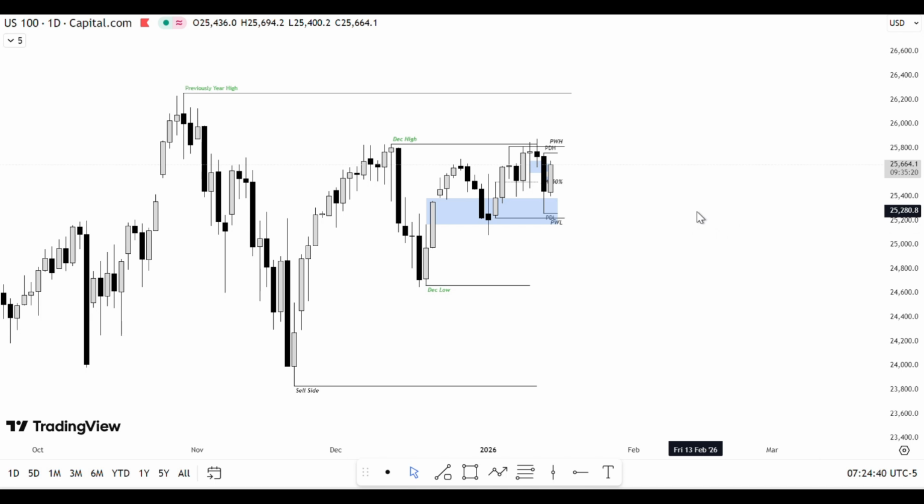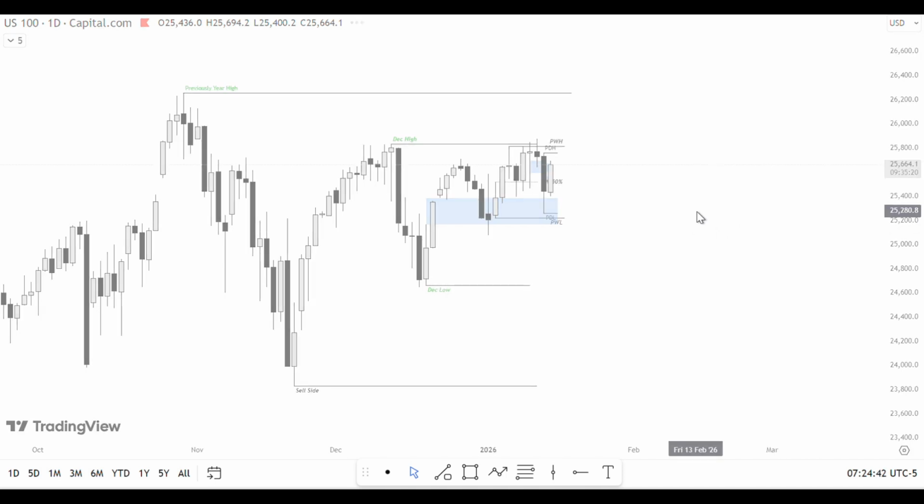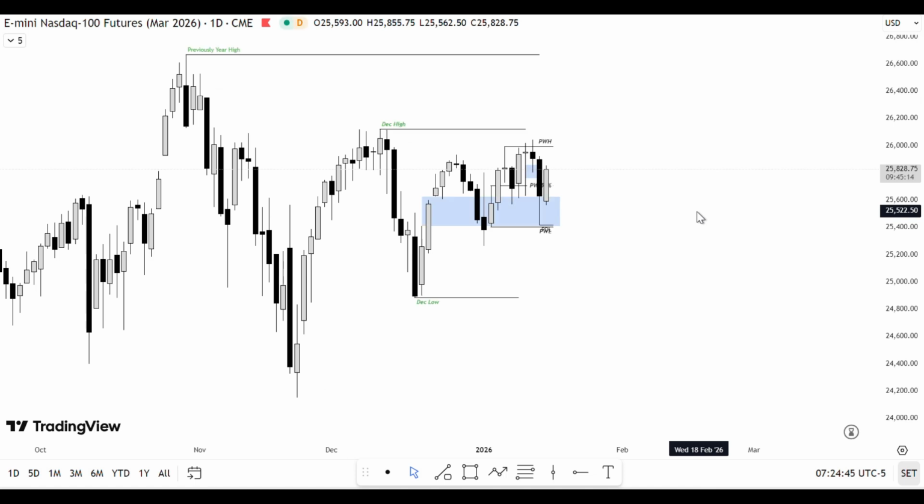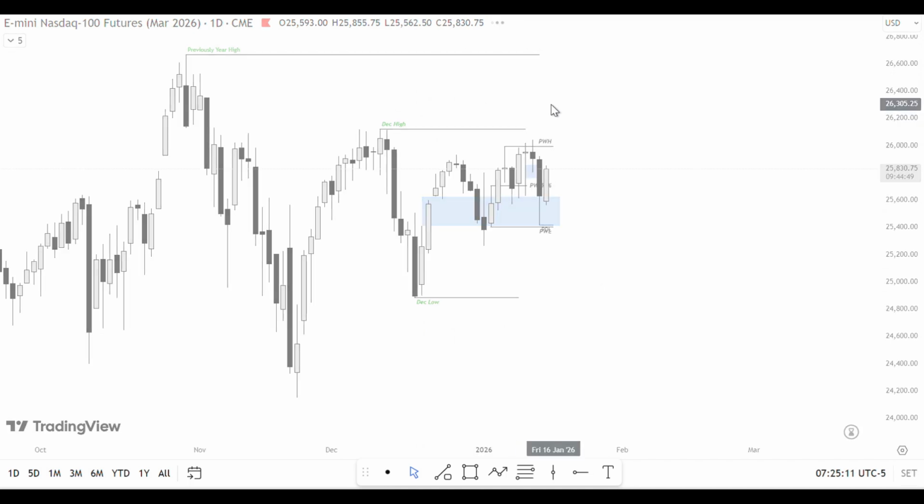December high, December low. For better understanding, you need to go to NQ chart. How you can go? This is the NQ chart. Okay. I'm not logging to my real trading view account. That's why it's showing delayed. But it is a March contract for E-minis. Okay, so if you look to the December high here, previous year high, November low, December low, both of them is not jagged, mean not run.